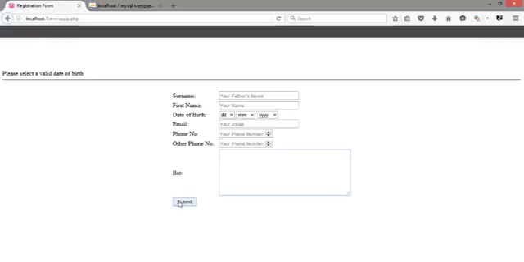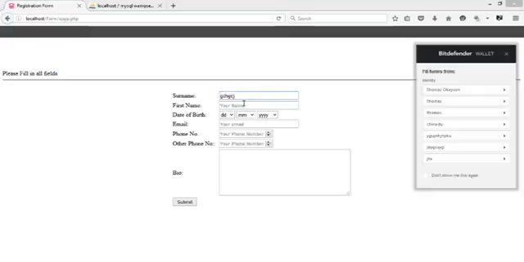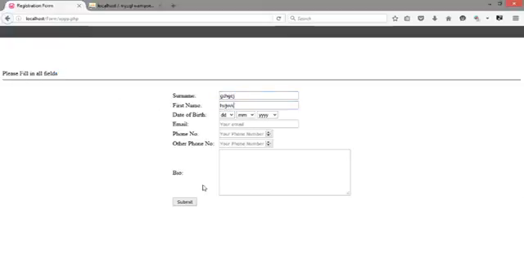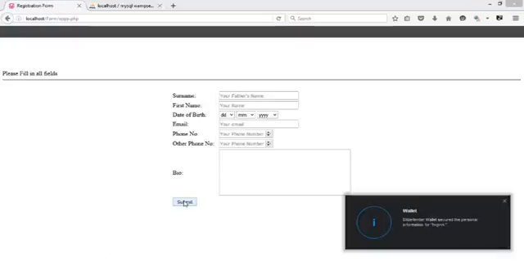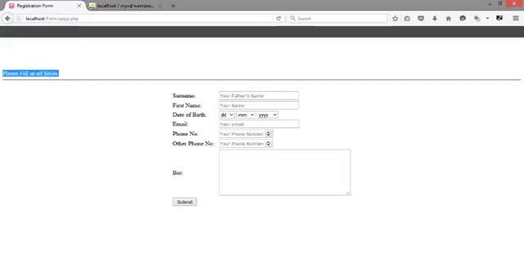So for instance, you create the form and you click, you discover that it prompts you with a message telling you to fill in all fields. If you fill only one field and want to submit, it still prompts you to fill in all fields. So we are going to see how to create this form, and if you fill in all fields perfectly well,